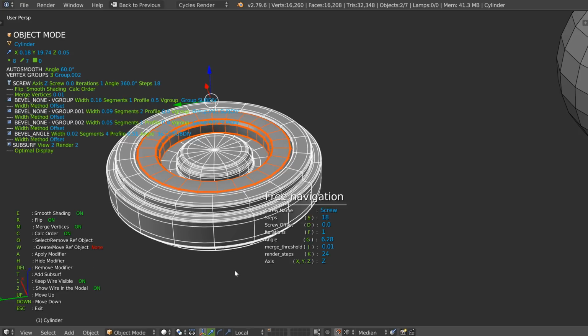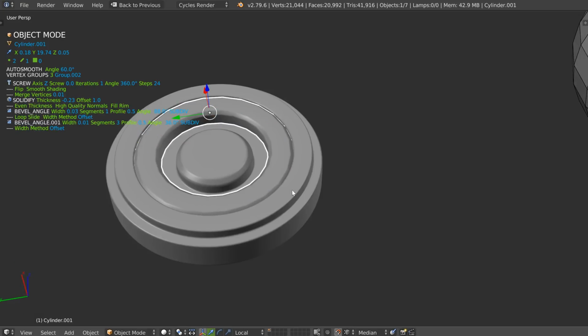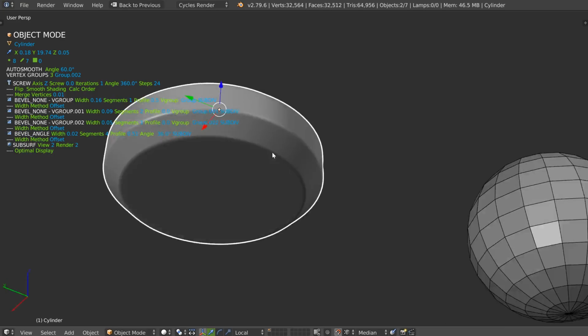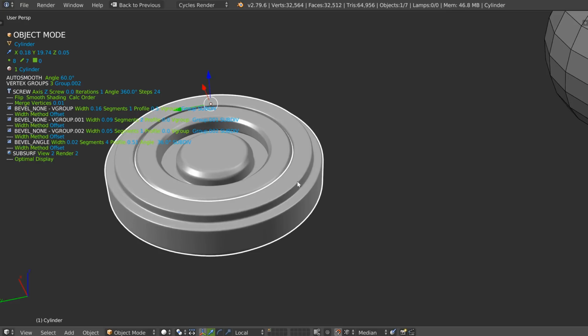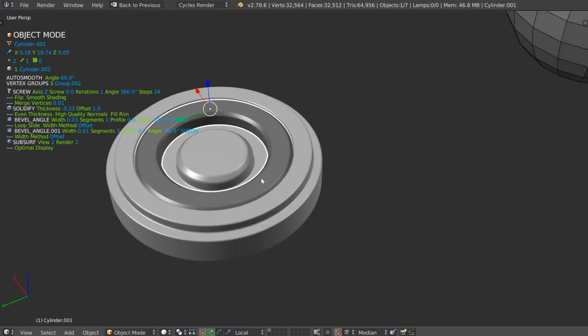I can also select both and press S and give the value I want, 24, and I will have exactly the same result. I'm able to add a subsurf on those two, so S2, like that, and you have your result. I will just activate this, up, I need to select this one, up, and that's it.